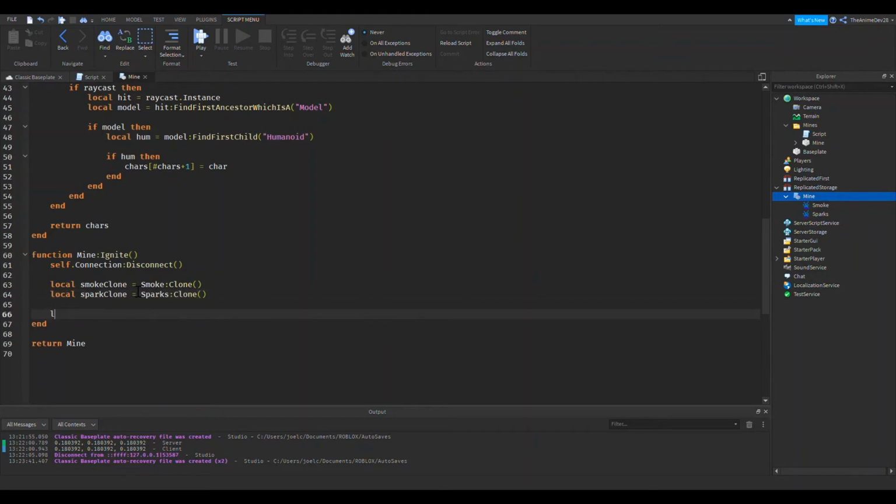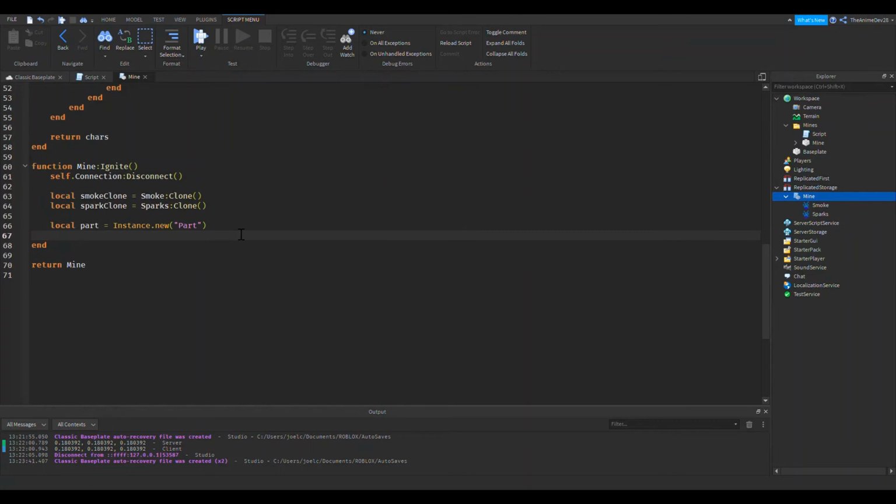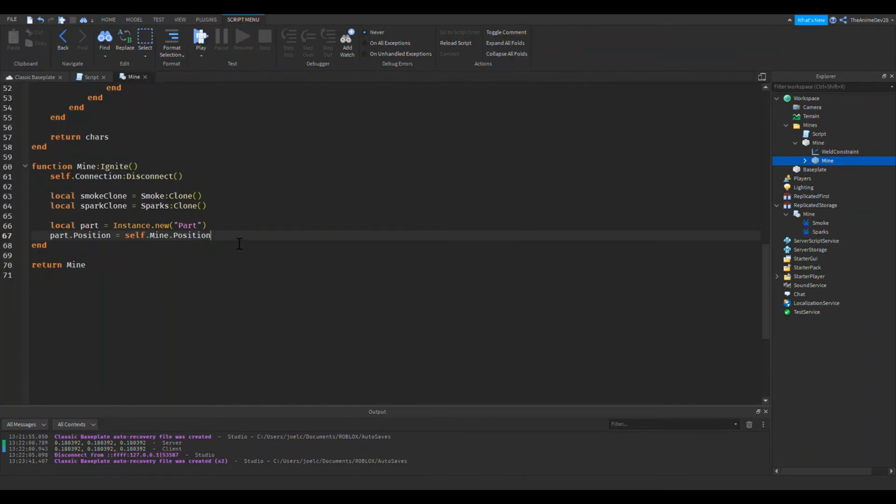Perfect. So what we want to do is have a new part that will hold these two clones. So we're going to do part.position equals self.mine.position. We're just going to put it at the position of the mine. That's all we want. And then what we're going to do after that is make sure that the part is actually parented to the workspace.